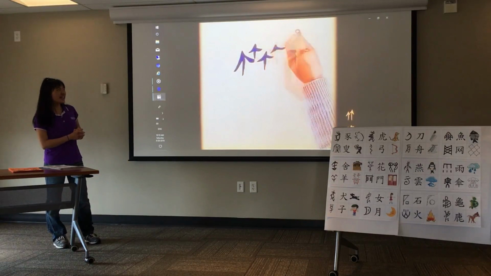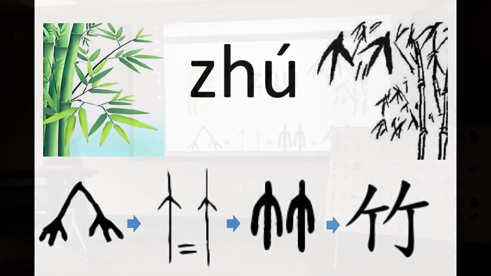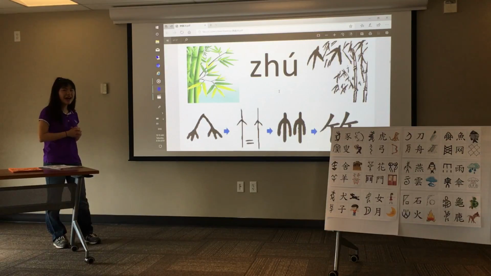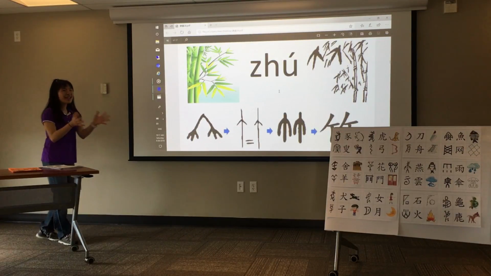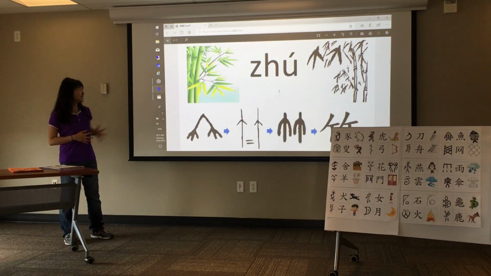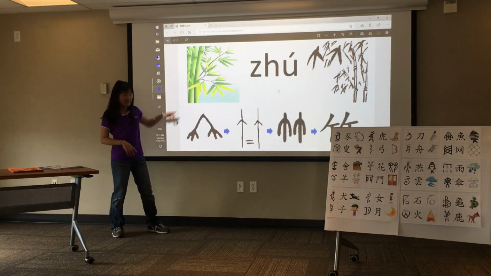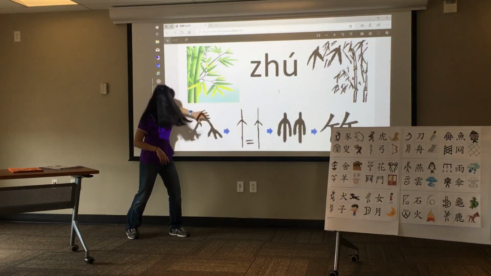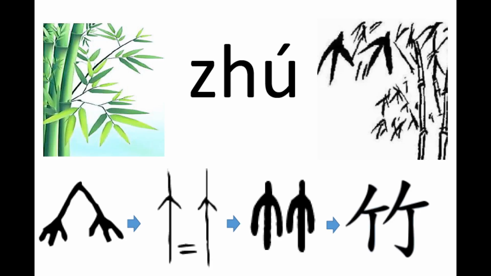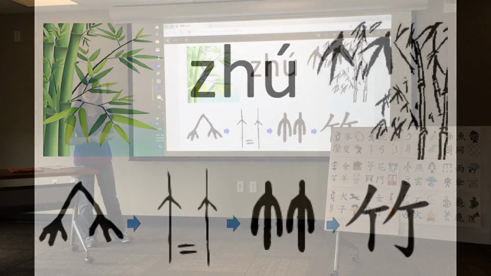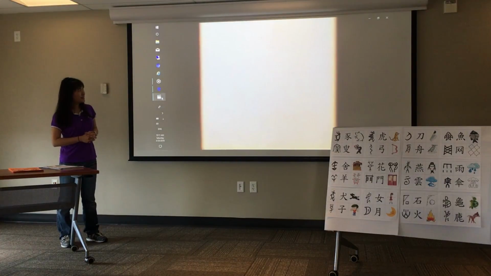Oh, and this is a kind of plant. Can anyone guess what this is? Here's a hint. Pandas really like to eat this kind of plant. Oh yes, almost. That's koalas, but pandas. Yes, pandas like to eat bamboo. Yes, this is bamboo. So the drawing for bamboo came from the tip with lots of leaves. And over time, the stalks were removed. So now this is a word for bamboo that we're using to this day. And it's pronounced zhu. Zhu. Yes, this is zhu. 竹子的竹。 Zhu.